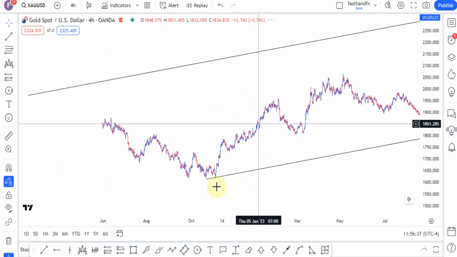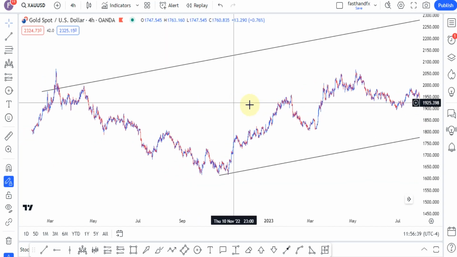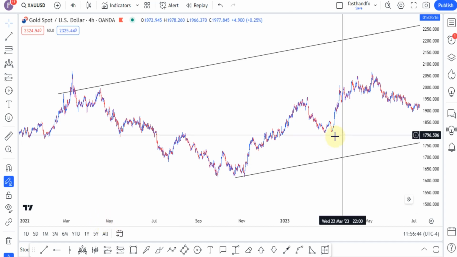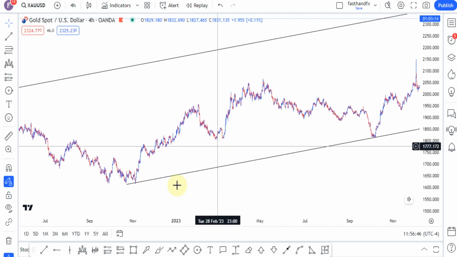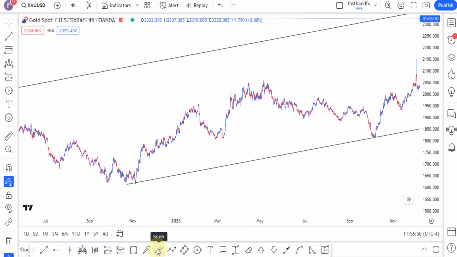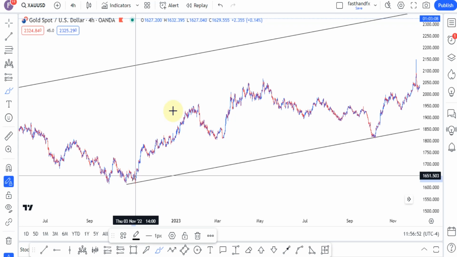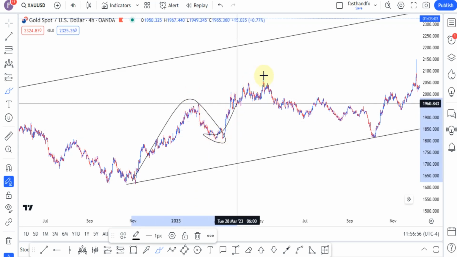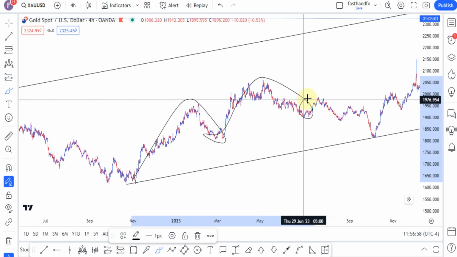The market has been giving us these impulse corrections. I don't know if you can see this. We have that impulse there, it gave us this correction, then that impulse, this correction,